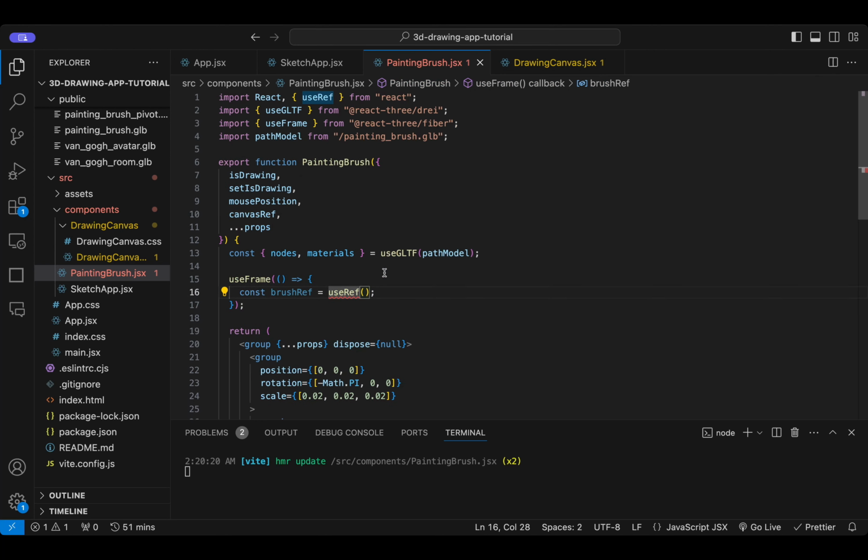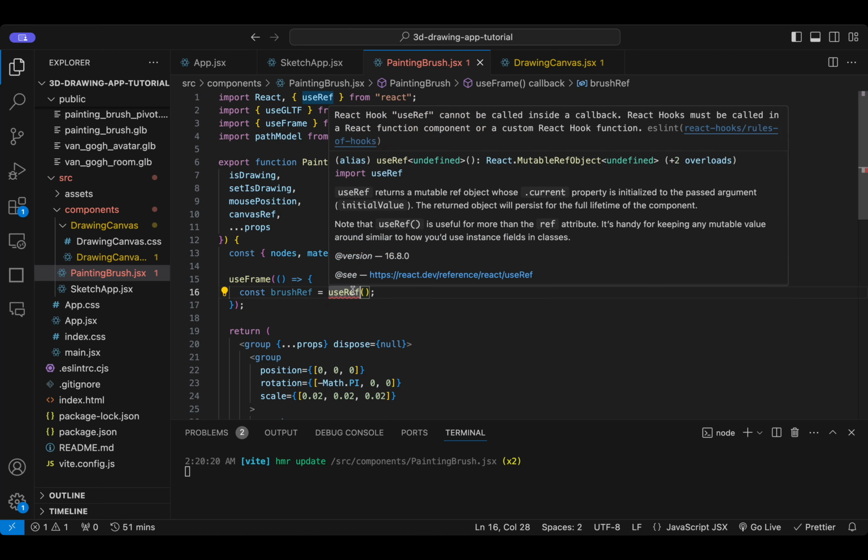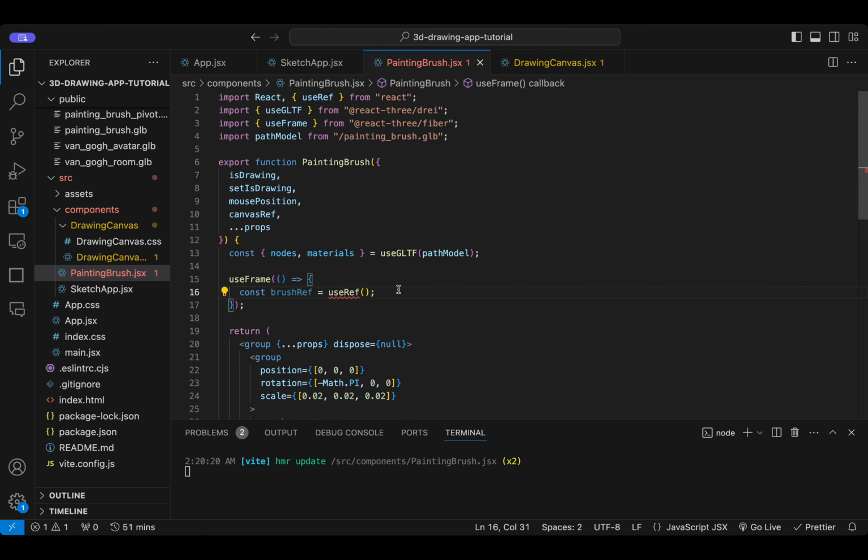It's imported. Cannot be called inside a callback. React hooks must be called at the top level. Of course, we should not create it inside the useFrame. I will explain in a bit what useFrame is used for in React Three Fiber. So outside of this,